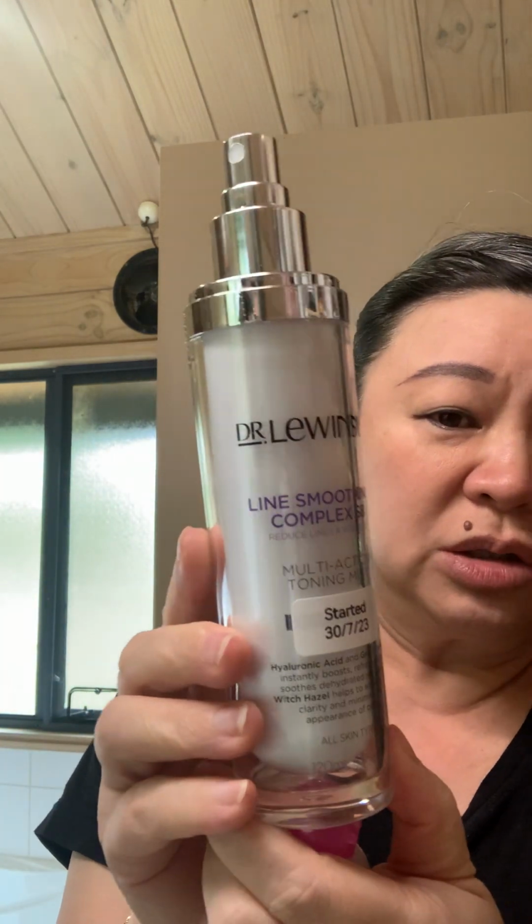Okay, so first step is a toner, a hydrating toner, because your skincare products absorb better if your skin is a little bit damp. Especially if you use Argireline from The Ordinary and Matrixyl, that's the case. I am currently using, let me see, what is this? I put it in a smaller bottle. This one, the Dr. Lewin's